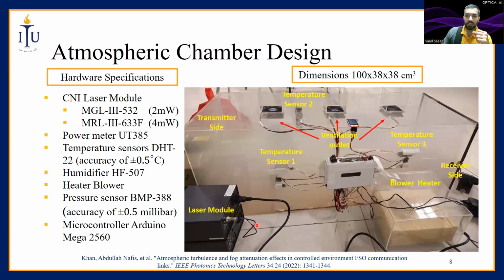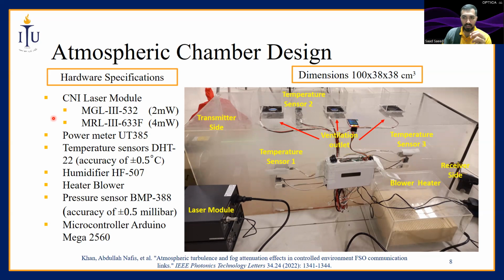Following up the previous work, this is our designed atmospheric chamber that is made up of transparent acrylic sheets that have a total dimension of 100 by 38 by 38 centimeter cube. These are the hardware specifications of our chamber. Here we have employed two CNI laser modules at the transmitter site. First one is the 532 nanometer operated at 2 milliwatt for the